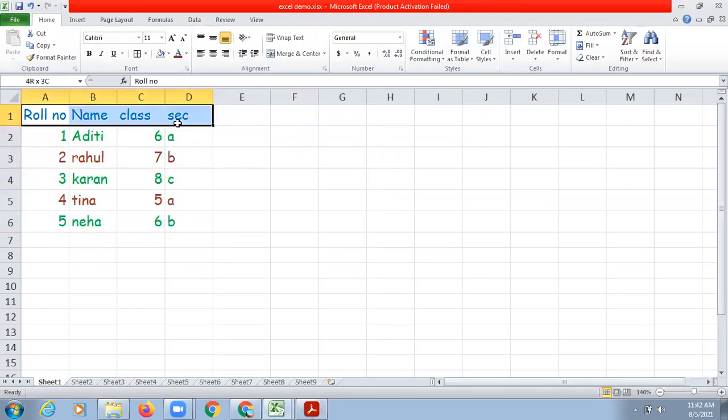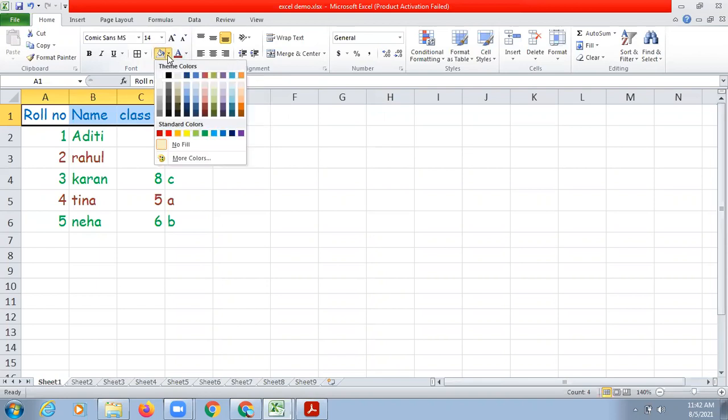So for that, let's say कि मुझे जो headings है इसका background color change करना है. So A से जो होता है आपका text का color change होता है. But if you want to change the background color, that is also known as fill color, तो उसके लिए आप यहाँ पे जाओगे, ये जो bucket वाला sign है, here you will go.